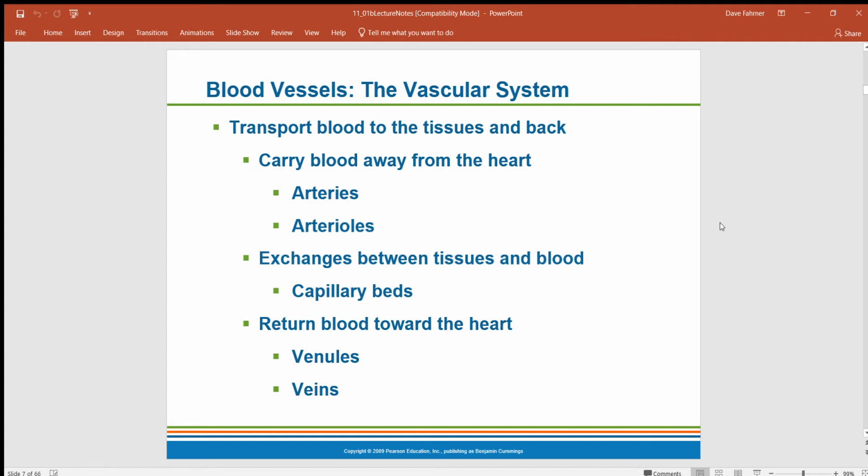So the blood system is kind of the same way. We're going to go from large arteries to smaller arteries, which are arterioles, which lead into capillary beds, which eventually dump blood back into small veins, which lead into larger veins, which eventually lead into the largest veins, which are the superior and the inferior vena cava.